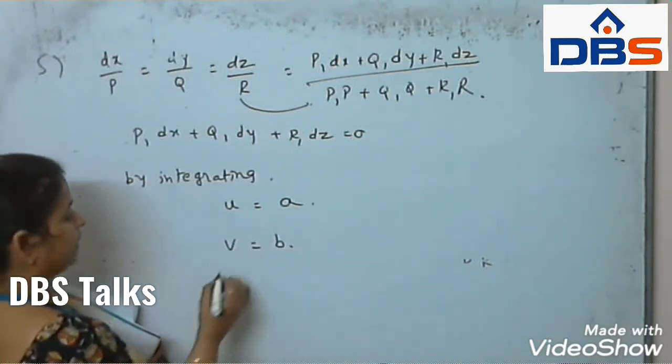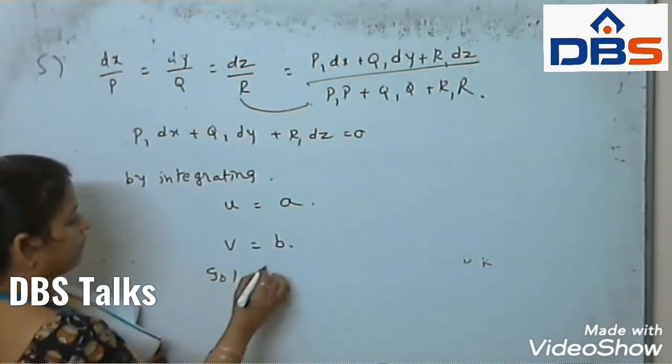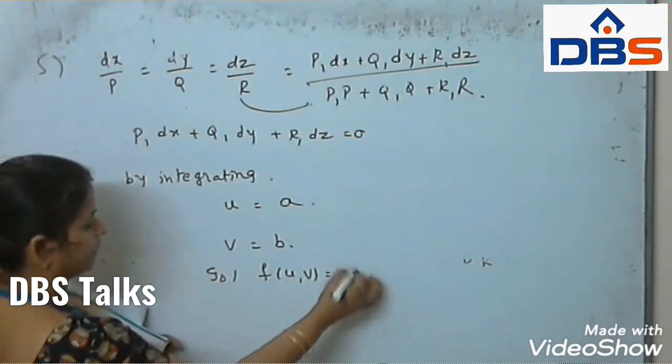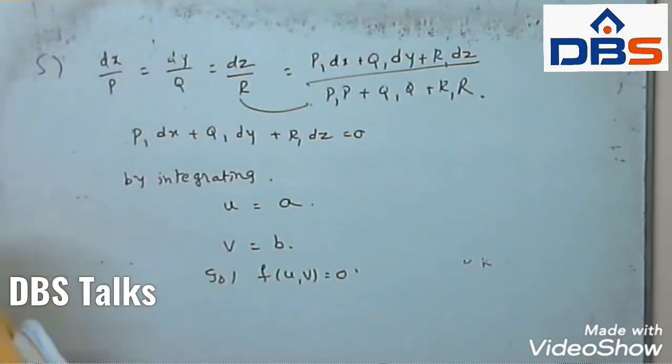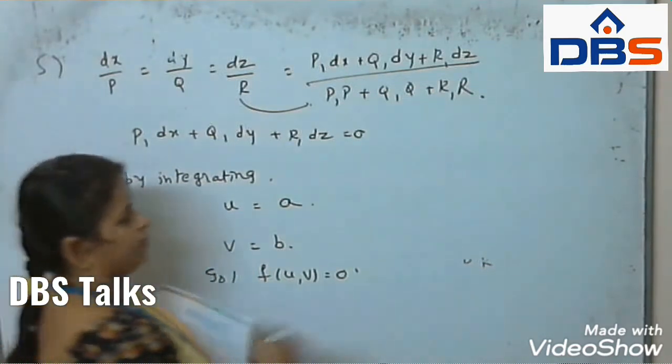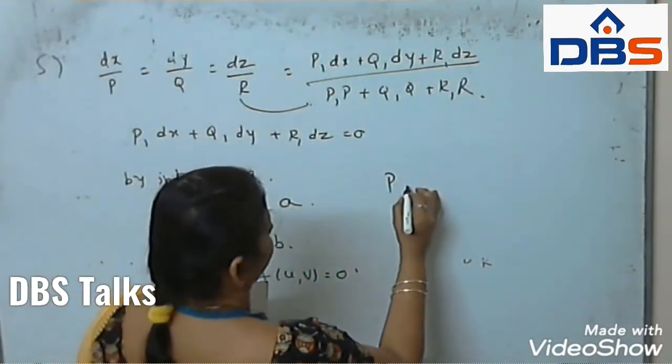So, v equal to b. So, the solution is f of u comma v equal to 0. So, this is the working rule. First you have to write the given equation such as